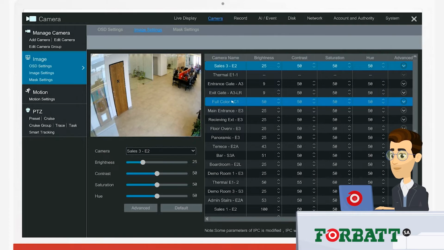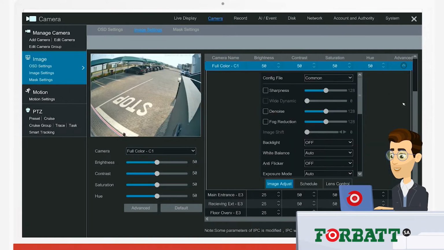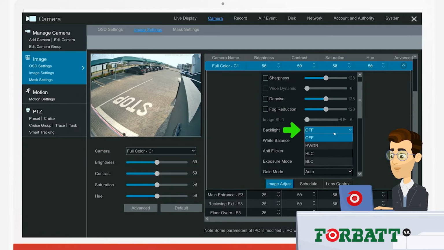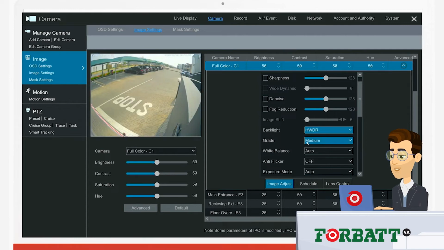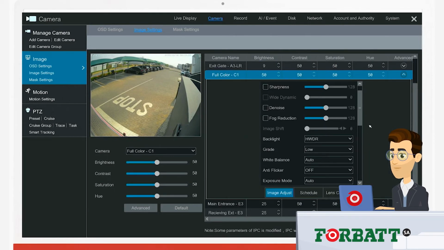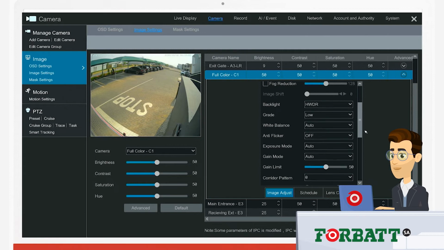Select a camera. If we click on advanced, you'll see we have even more image options that we can edit, such as enabling HWDR depending on the camera's capabilities. Keep in mind that the type of camera will determine what settings you are able to access. In most cases we can control most of the settings,